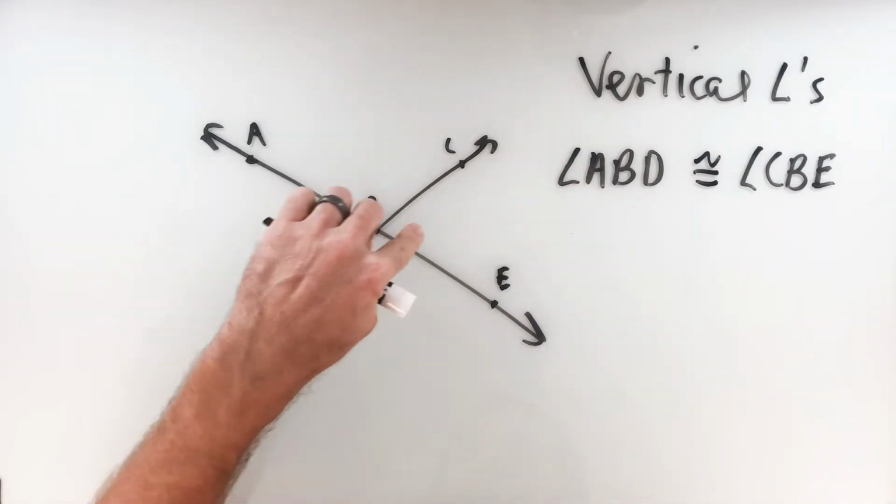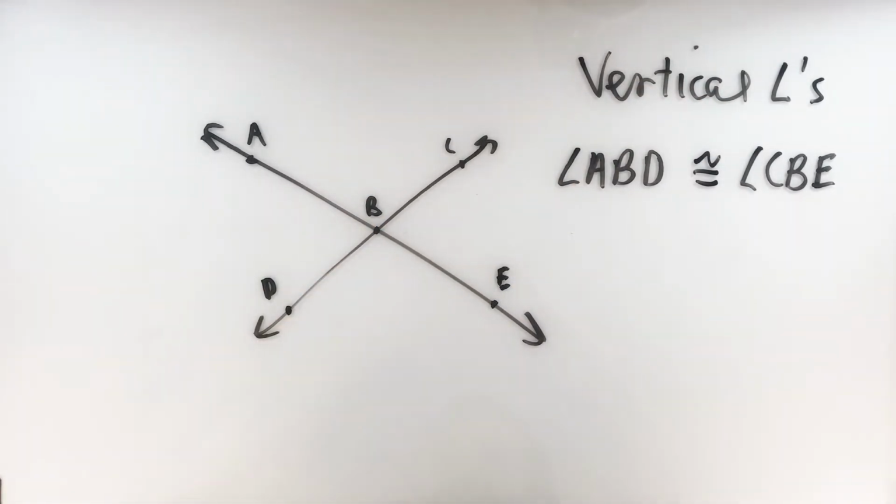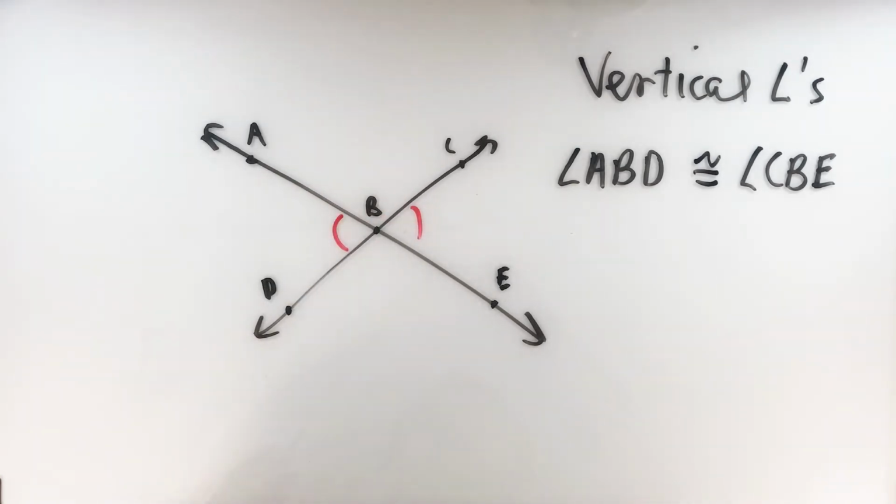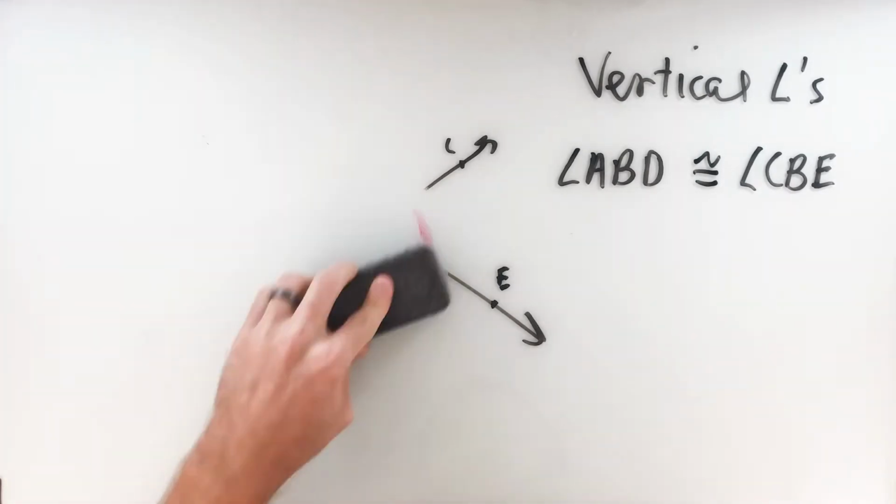So even though these two angles aren't necessarily marked as congruent, when I see that situation, I know I can go ahead and mark those two angles as the same measure. So vertical angles are always congruent. The next concept you might see a lot